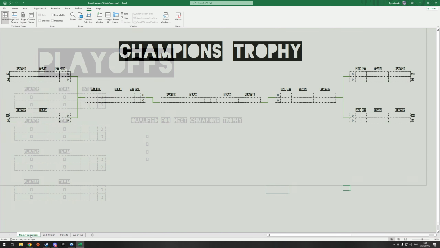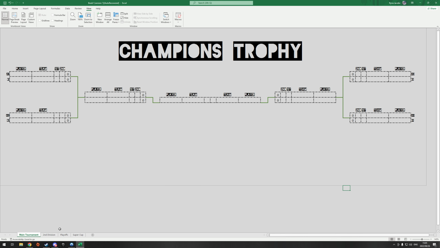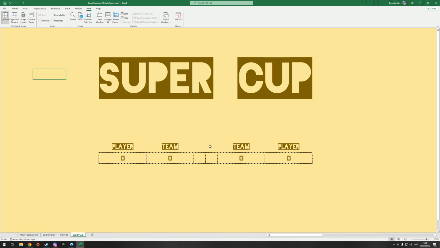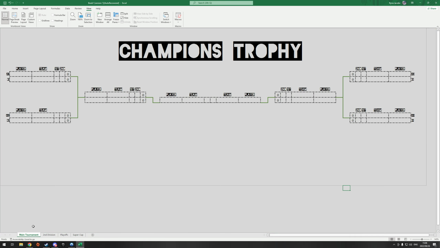And then the last one, obviously the winner of the Champions Trophy and the winner of the second division get to play in the Super Cup after both tournaments are wrapped up. So that's basically it in terms of the format. If there are any questions, I think once we start coloring in the tournaments, it should become more clear if it seems a bit confusing now. But I'll also be here to answer questions, so I don't think it's going to be a problem.